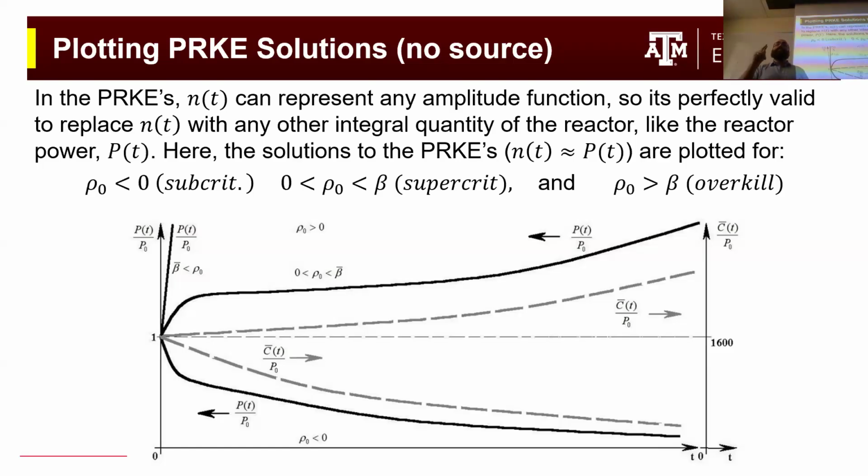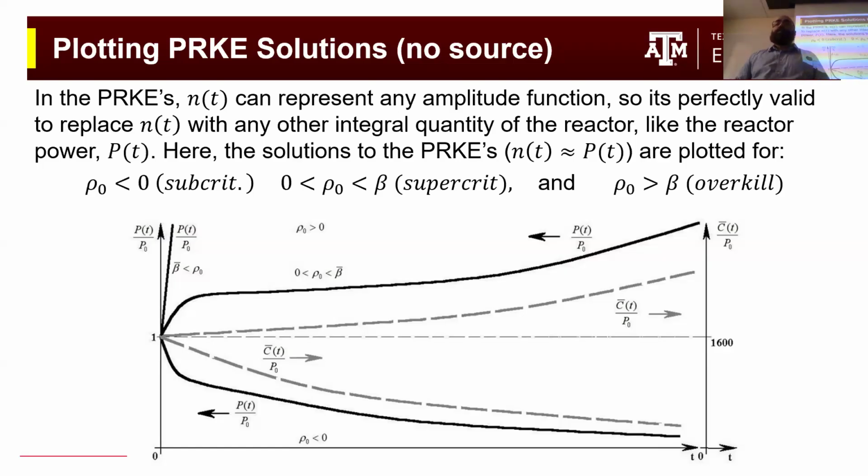So n of t in those point kinetics equations, you can replace with any integral property of the reactor. It could be the number density of the neutrons. It could just be the number of neutrons. You could replace it with the flux. You could replace it with the power density or the fission power or the reactor power. You can let n of t be any integral quantity as long as you make the units consistent for your definitions